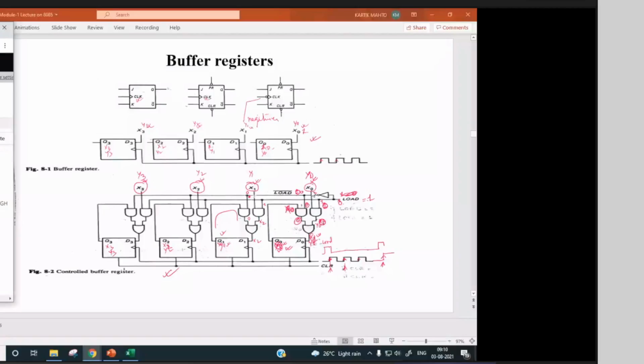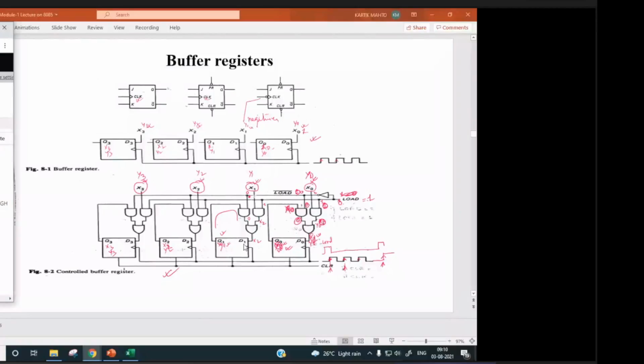Similarly, the control load: if you give load equal to 1, then only X0, X1, X2, X3 are going to be stored in these flip-flops. If you make load equal to 0, then whatever data is already stored in the flip-flops, Q0, Q1, Q2, Q3, are stored back with the next clock pulse striking the flip-flops, right?